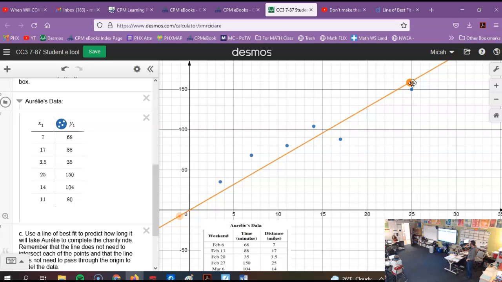If she has signed up for the 130-mile ride, talk with your team about how long you predict that will take. And you guys might get different answers, but they should all be close to each other. If Ariel signs up for the 130-mile ride,